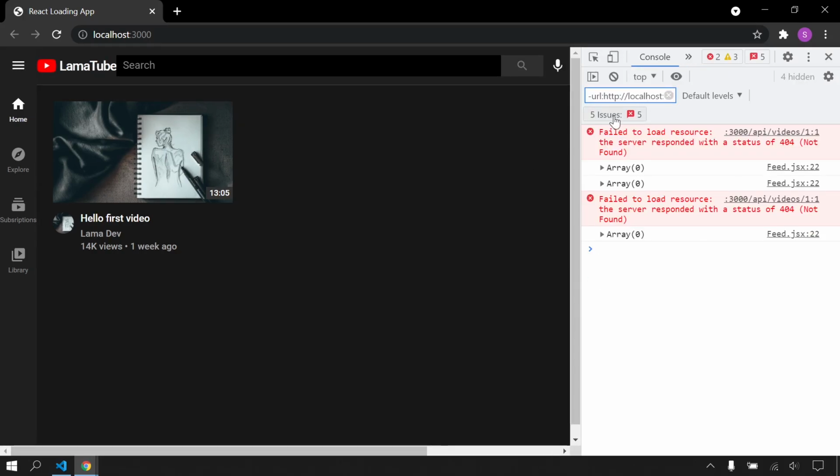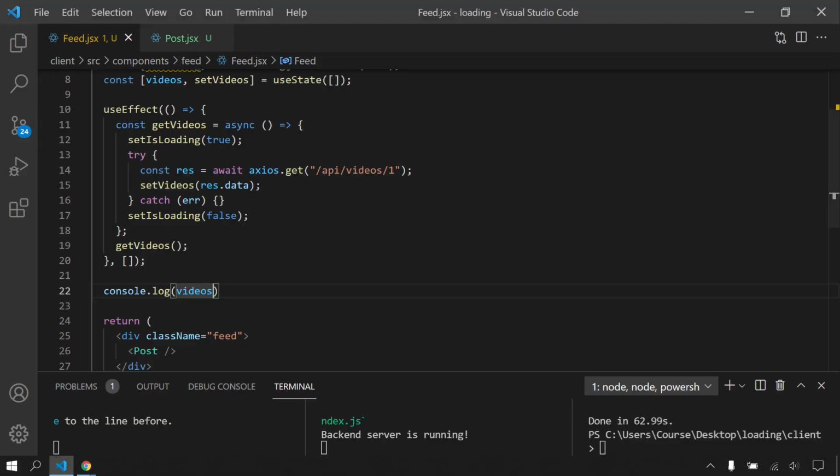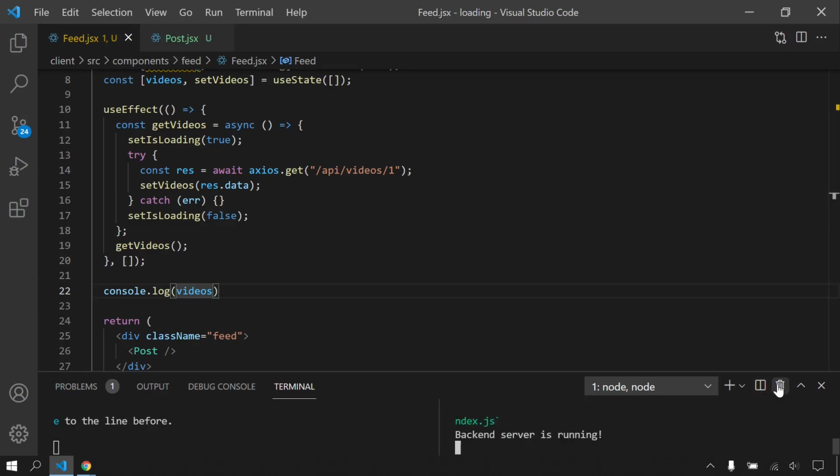I will open my console. Okay, something is wrong. That's because we changed the package.json, but we didn't refresh our application. Let's close here actually. And for the client side, I'm gonna destroy this process and start again.